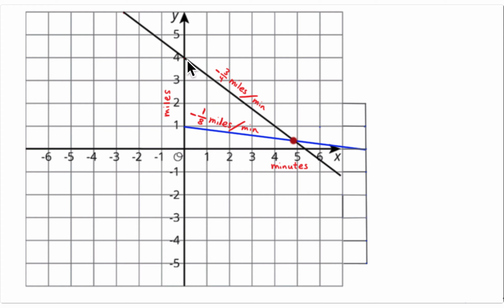going from 4 miles. Let's say they're 4 miles away from a restaurant. So they're traveling towards the restaurant at 3/4 of a mile per minute. And another person is traveling towards that same restaurant at 1/8 of a mile per minute. So the 2 points of view